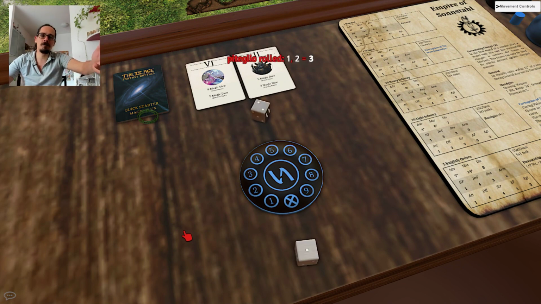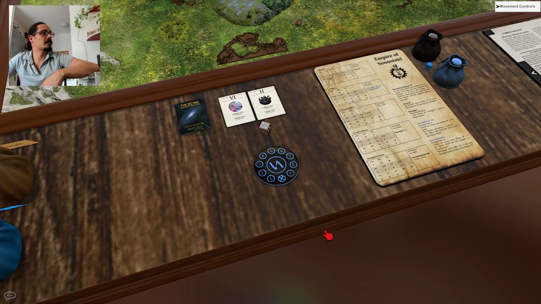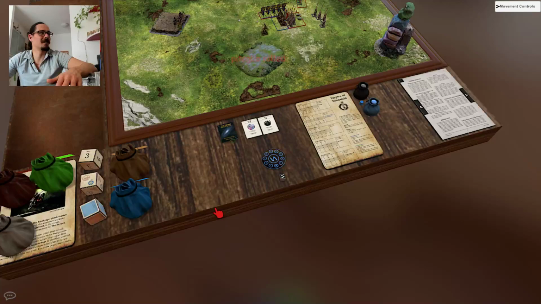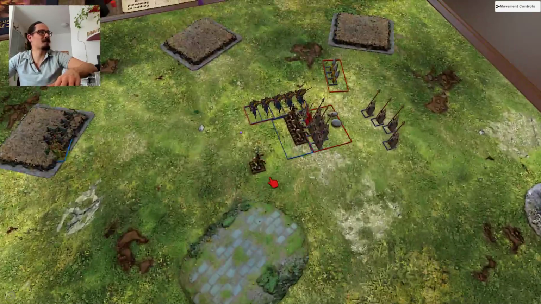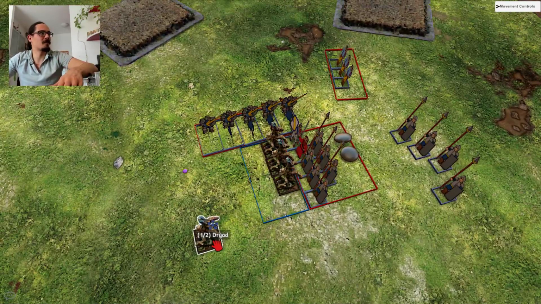A 1 and a 2, really? So this one doesn't wound. This is the only one that has wounded. And this now means that I get to make an Aegis save of 5+ with the Dryad to try and save this wound. Saved it. Unbelievable. I thought this was going to be much more carnage, but in reality, the Dryads are performing